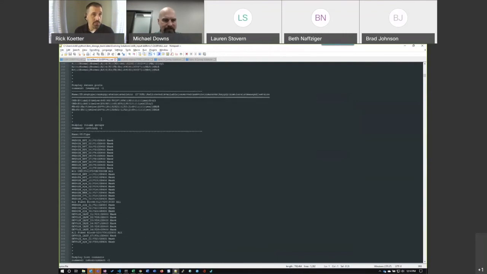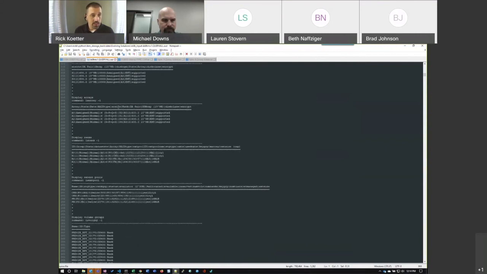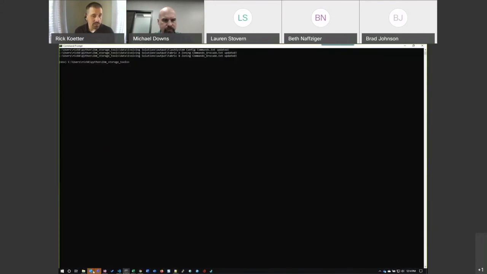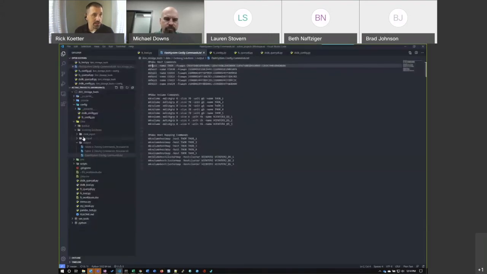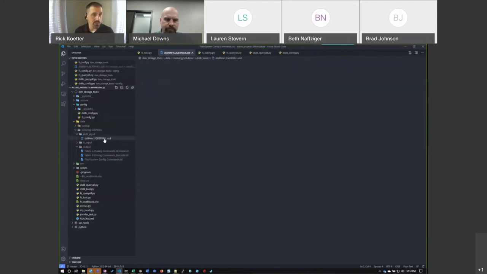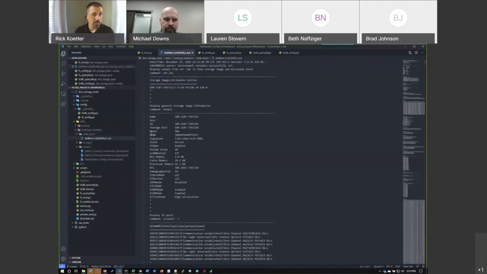So I built this to replace it. And this format is okay to find information, but I wanted it to be in a spreadsheet. So I have a tool here that I can run, and I just put the output of that DSCLI output into my input folder here for my customer. I take that output file I was showing you and put it into this DS8K input, and it's going to generate a spreadsheet and put it in the output folder here